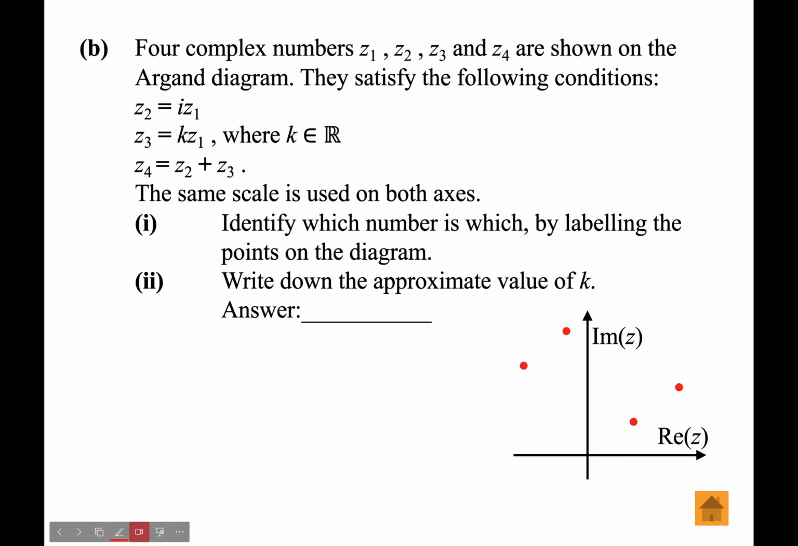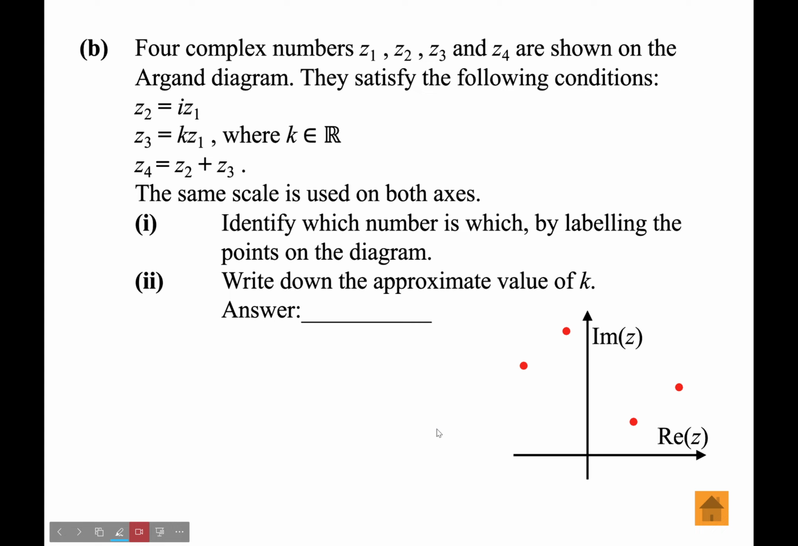It says 4 complex numbers Z1, Z2, Z3, Z4 are shown in the Argand diagram. They satisfy the following conditions. Z2 is i times Z1. Z3 is k times Z1. Z4 is Z2 plus Z3. So I'm going to do this in 2 ways again. Firstly, I'll go through it using logic, or using visual first, and using my knowledge